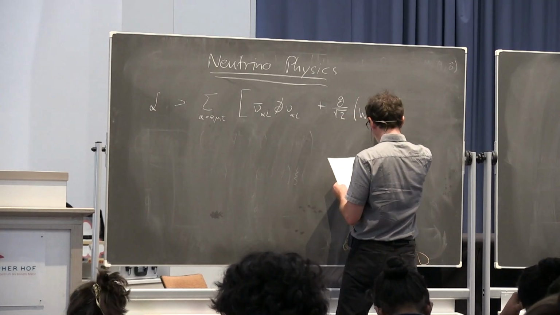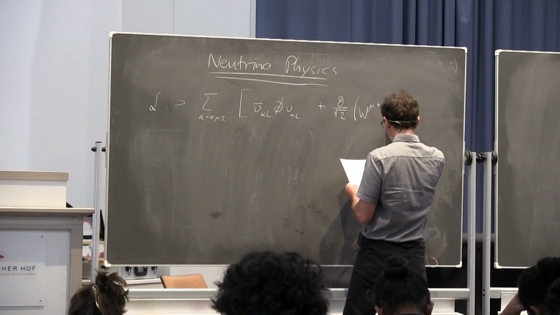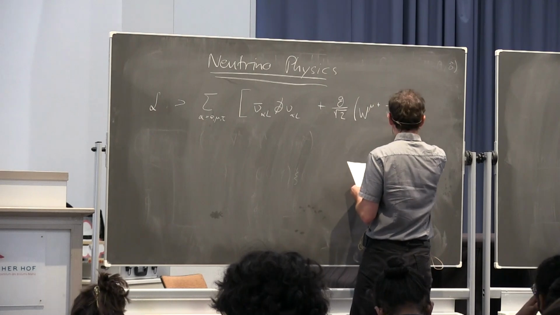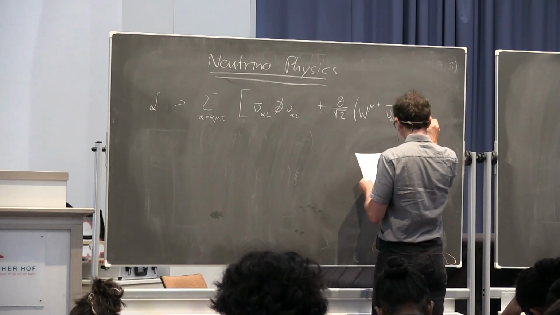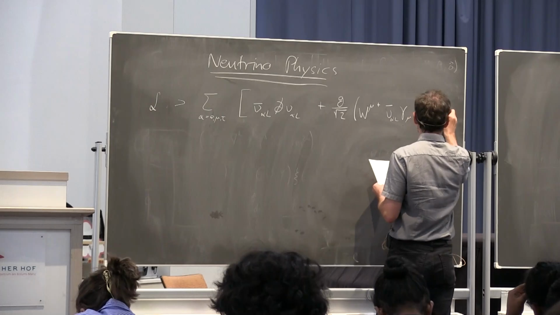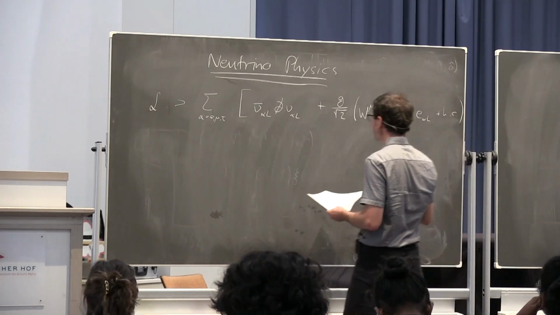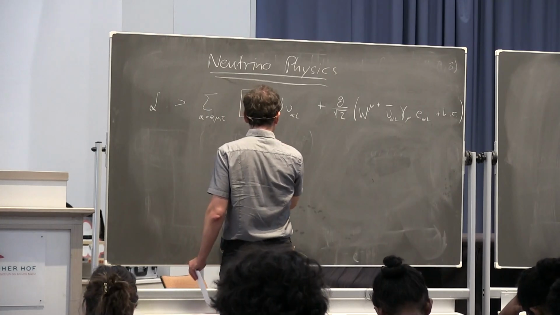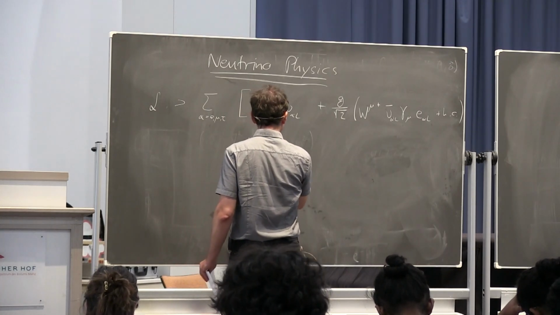The W field, in this case W_μ^+, ν̄_αL γ^μ e_αL plus the Hermitian conjugate vertex. The coupling to the Z comes with a coupling constant g divided by 2 times cosine of